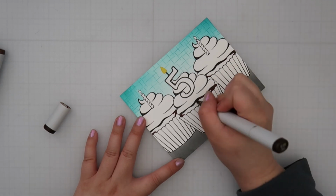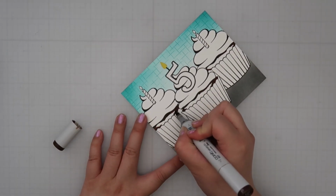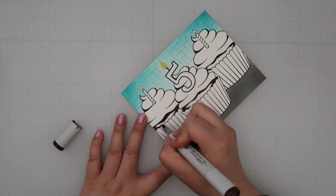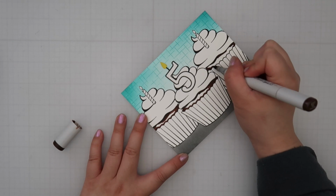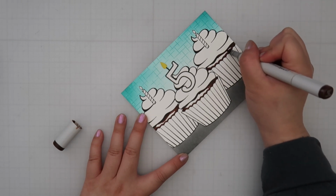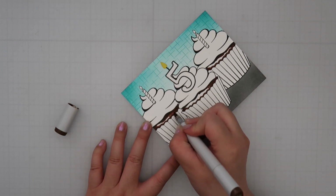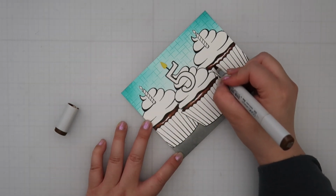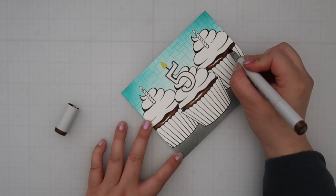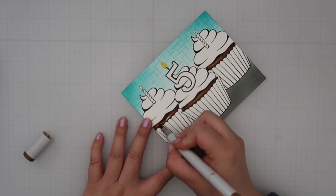I was going to color in the 2 candles on the right and left hand side anyway, and I was just going to color in that part of the candle. I decided to go with chocolate cupcakes. I knew that I wanted to go in with rainbow coloring, so I wanted a very neutral color for the actual cupcake, and I went with chocolate because I just love chocolate anything. If I am at a restaurant and there is a dessert, it's a choice between chocolate and anything else, I will always